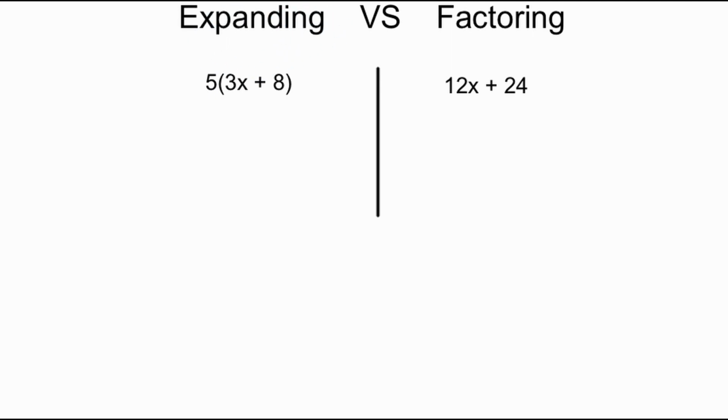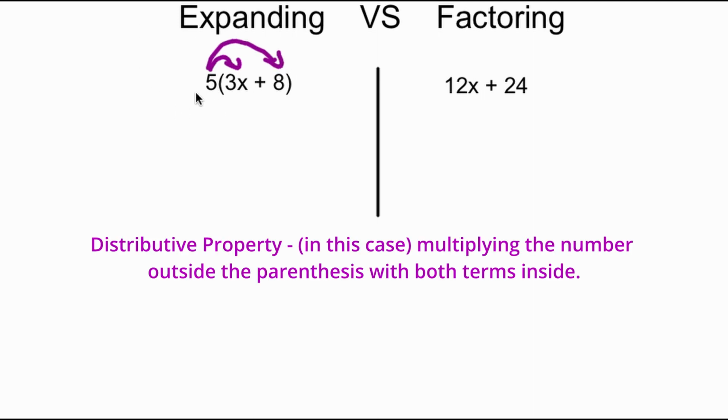In order to expand, what we have to do is we have to multiply the number outside the parentheses with both terms inside the parentheses. Okay, this method actually has a name. This is called the distributive property. We are distributing the 5 by multiplying it with the 3x first, and then we're going to multiply it with the 8. So this 5 will multiply the 3x, so 5 times